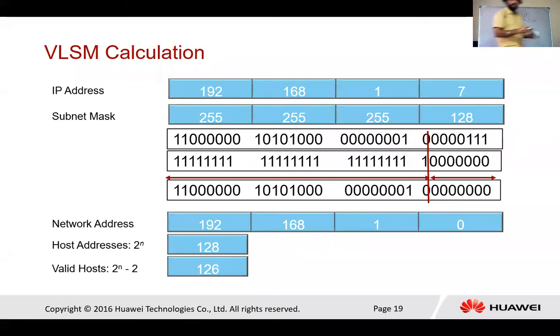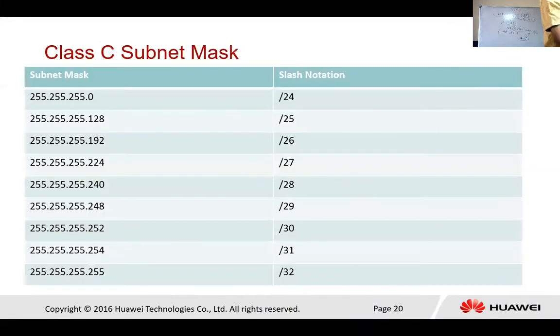After that, we have examples of other VLSMs, because we also assign IP addresses with the help of slash notation. Sometimes you see on the internet that some IDs are written with slash notation. These are all classless IP addresses, or VLSM IP addresses. I'm going to tell you some examples related to this subnet mask, where we assign a particular address range to a particular group.